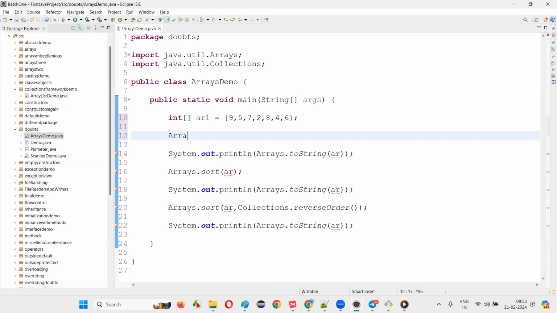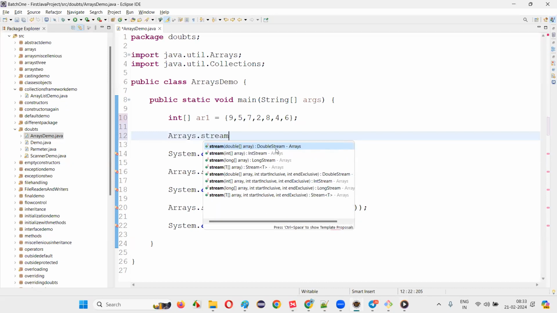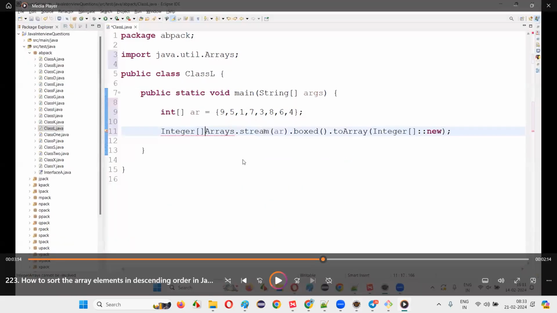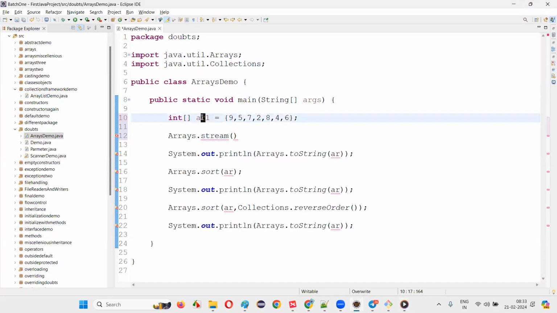Okay. Arrays dot stream. Arrays dot stream only, right? Arrays dot stream, and I have to pass this array1, dot